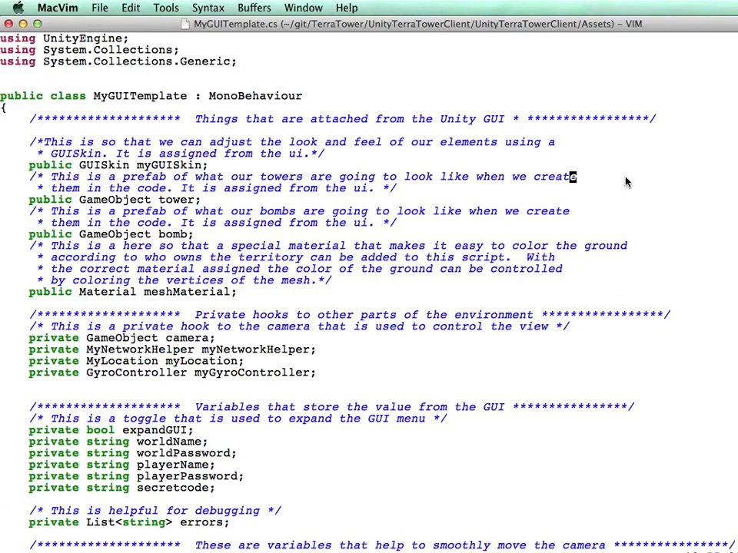This is the code that's provided. I went through and documented as much as possible to make it as easy as possible for you to get this done. The first elements are all public variables that we looked at in the UI element. These are places where you drag and drop other elements of Unity so that we can access them in the script. So we have a GUI skin, a tower game object, a bomb game object, and